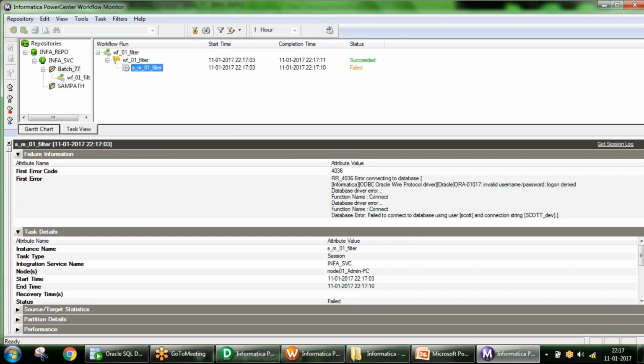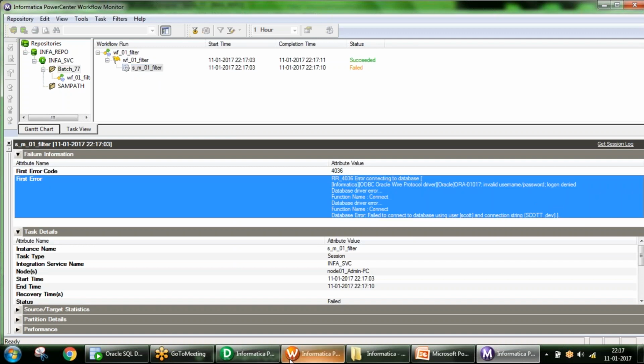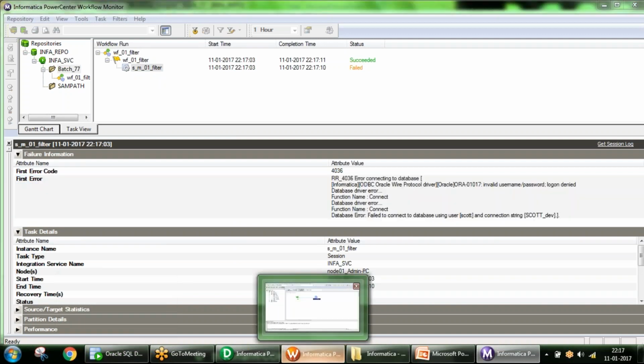It is failed. Password login is denied. See, you are getting an error message here. It is giving a clear error message: error connecting to database, Oracle wire protocol driver, invalid username or password. Actually, today the password got expired.